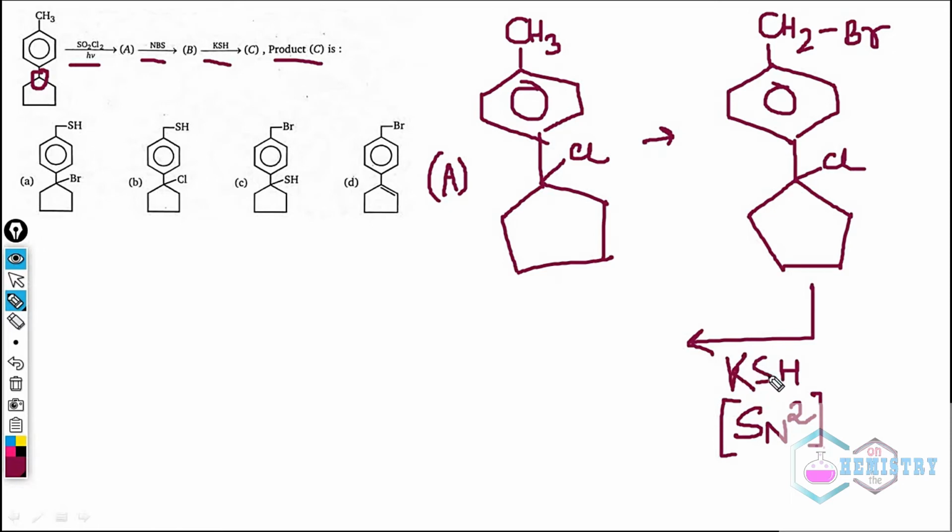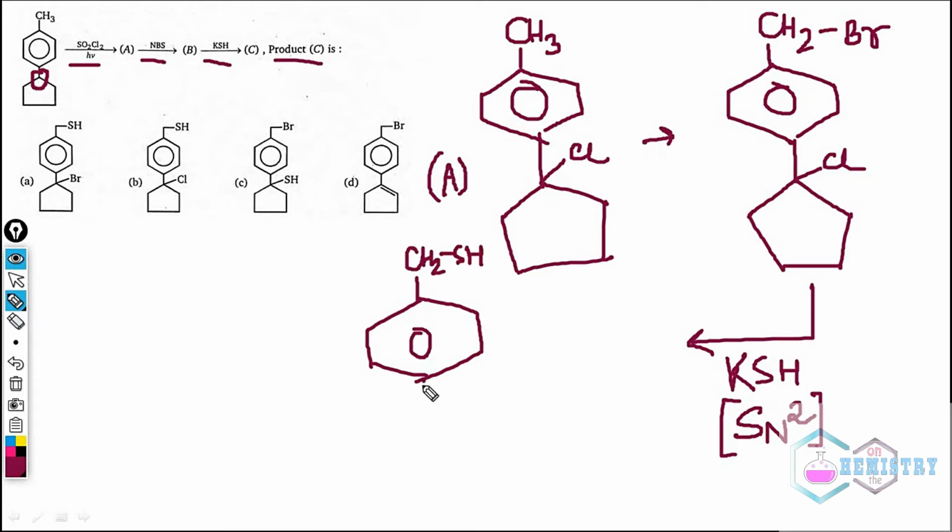This is a good nucleophile, you can say, but it has been observed that using KSH, it always follows the SN2 pathway. So, among these two groups, benzylic position is more susceptible to SN2 reaction, as this one is more sterically hindered. So, SH group will preferably replace the bromine, and the final compound thus formed will be this one,